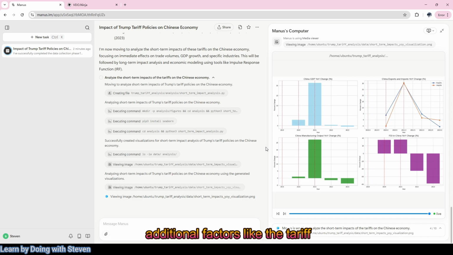like the tariff policy is not the only factor that impacts the Chinese economy. This is only one aspect of it. There could be different variations of how to describe the task accurately and easy to execute. And in our current case, I think we can see how MANUS is interpreting our general request and break down